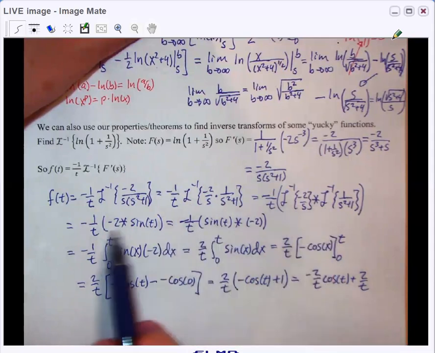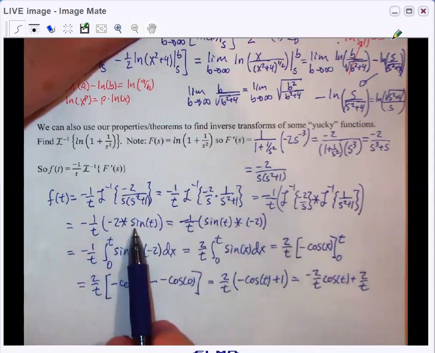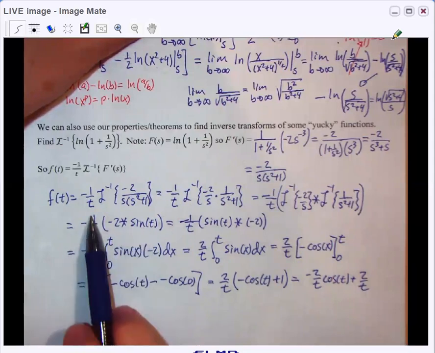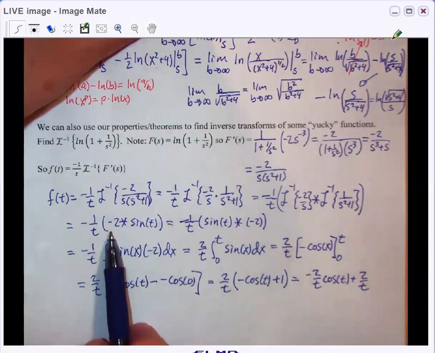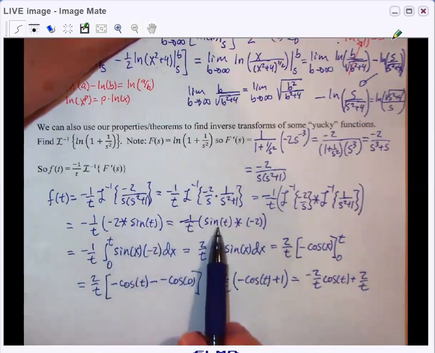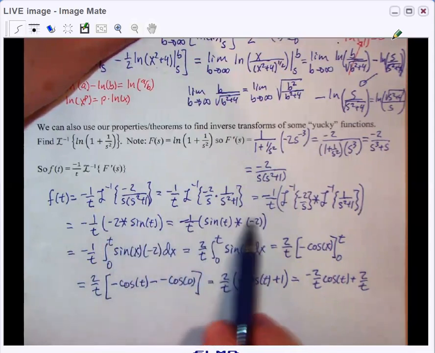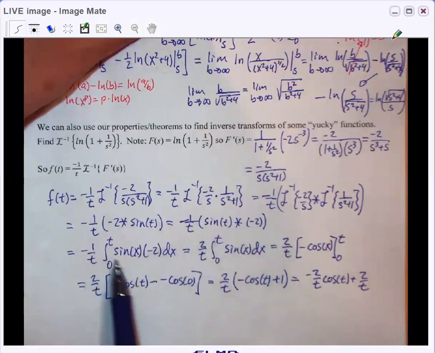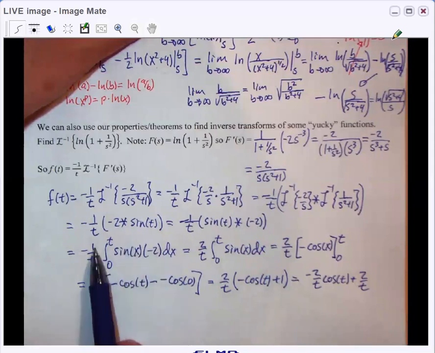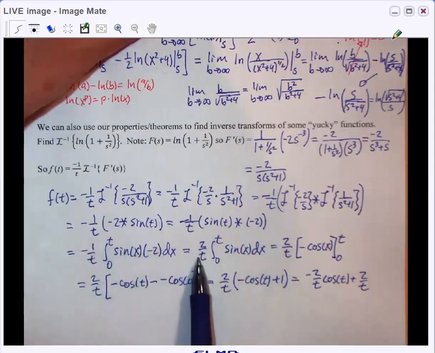And so it's going to be negative 2 times the convolution of sine of t with 1, and we have a negative 1 over t out front. But we saw that the convolution is commutative, because we'd like the second thing to be easier. And what's easier than a constant? Not much. So we'll stick with it. And we'll do the definition of the convolution here. And let me bring the negative 2 factor out front. So we've got 2 over t